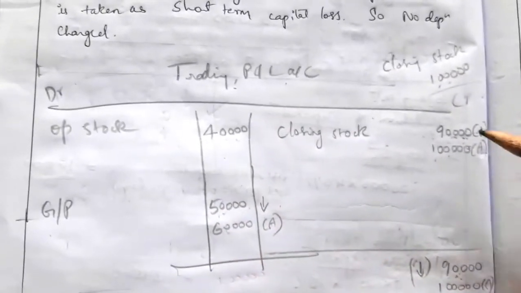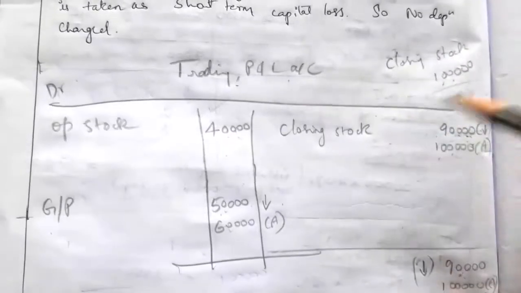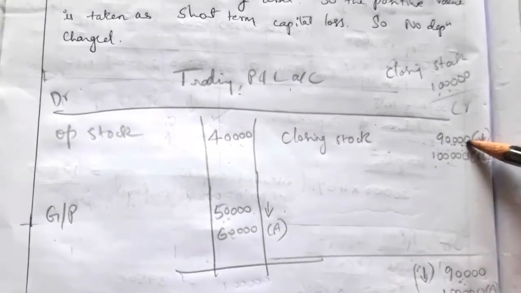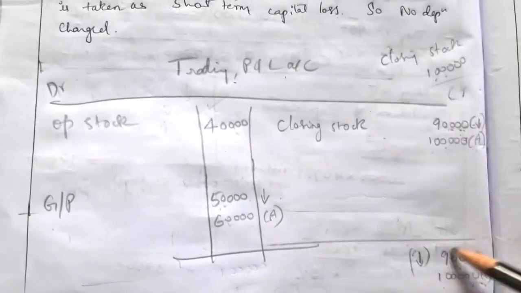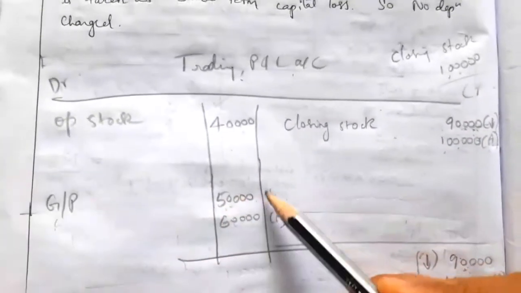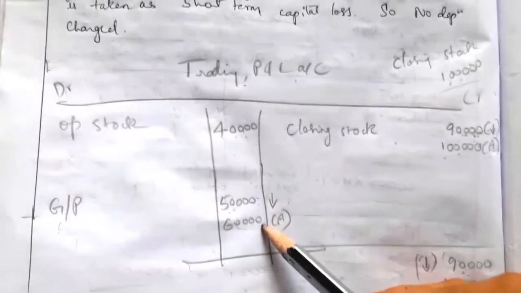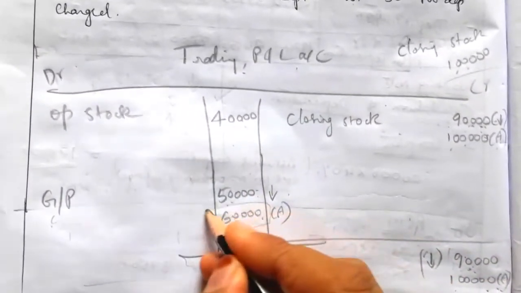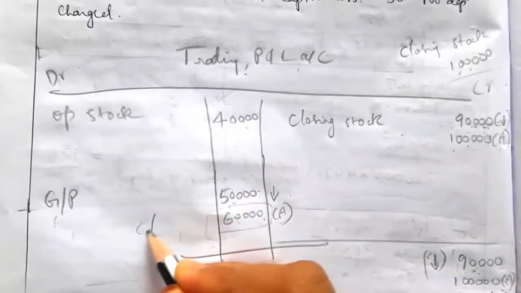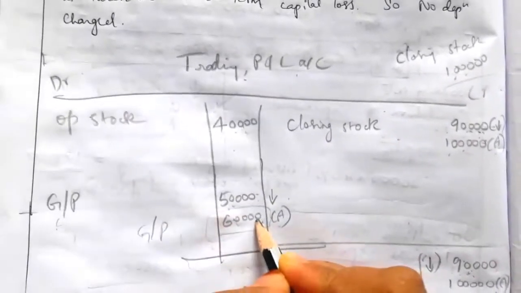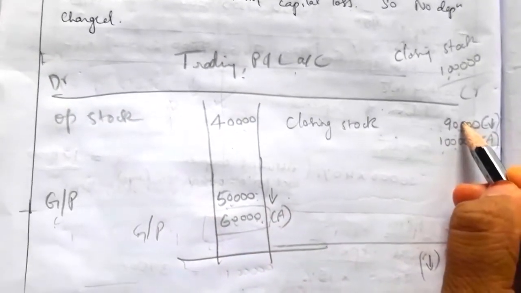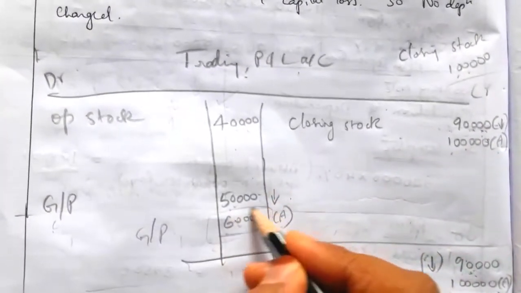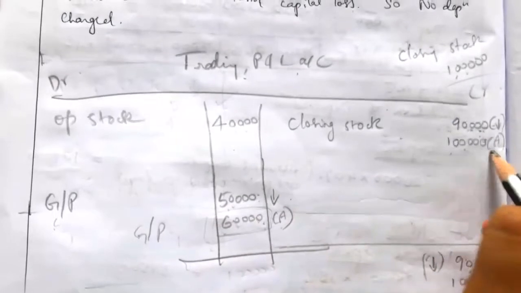So when we record less, when closing stock is undervalued, in the case of undervaluation 90,000, our total shows less. Because of that, gross profit also shows less compared to actual profit. So in order to get the actual profit, so this is the actual gross profit. In order to get the actual profit, what we have to do? So here undervalued portion how much? 10,000. So in order to get actual gross profit, we have to record 1 lakh.